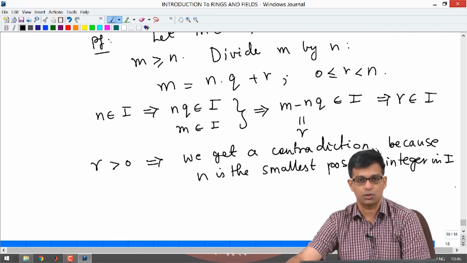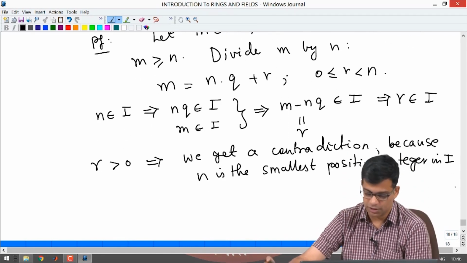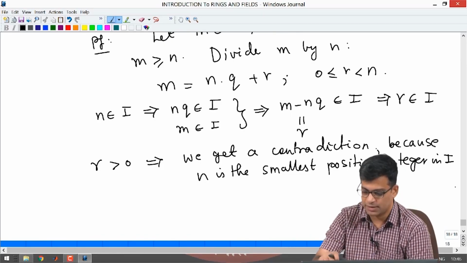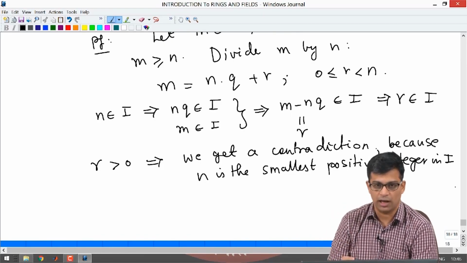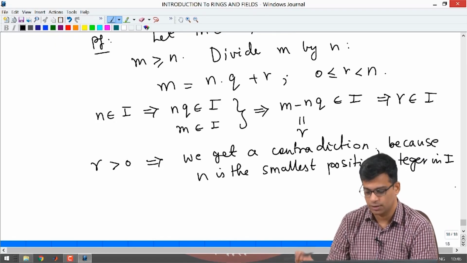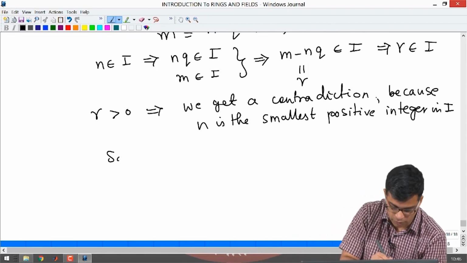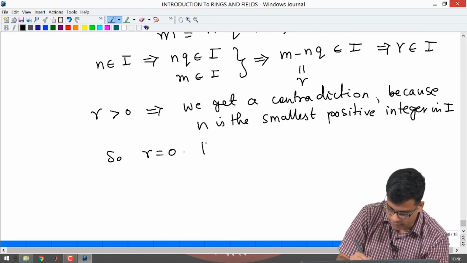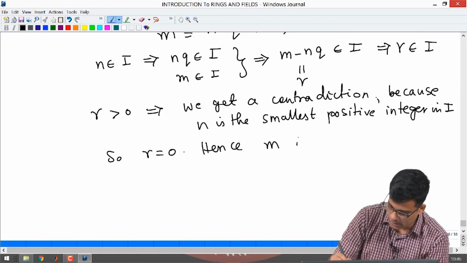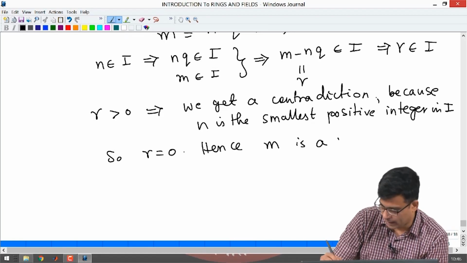The contradiction is to the fact that n is the smallest positive integer in I. If r is positive, r is smaller than the smallest positive integer in I, which is certainly absurd. So, r must be 0, and hence m is divisible by n,